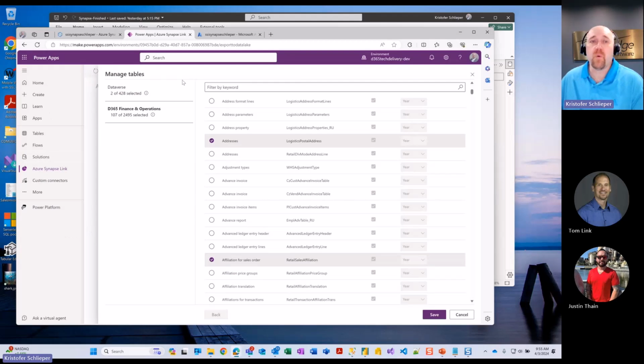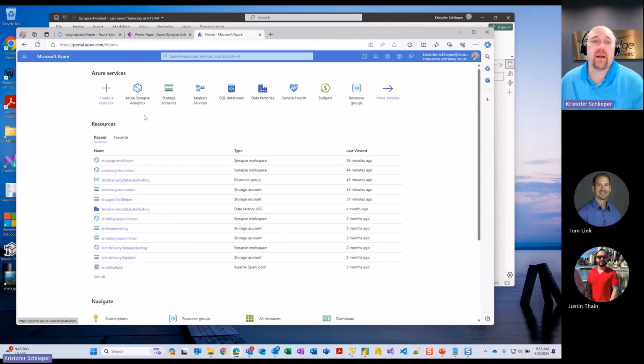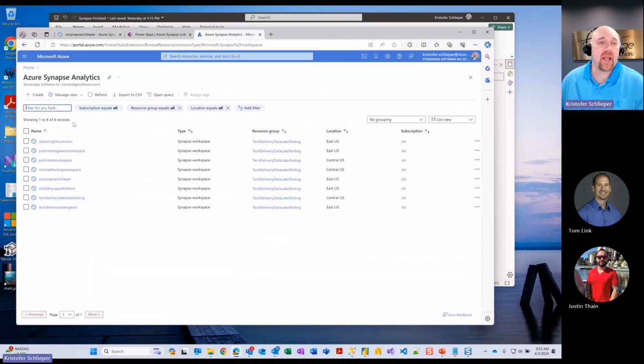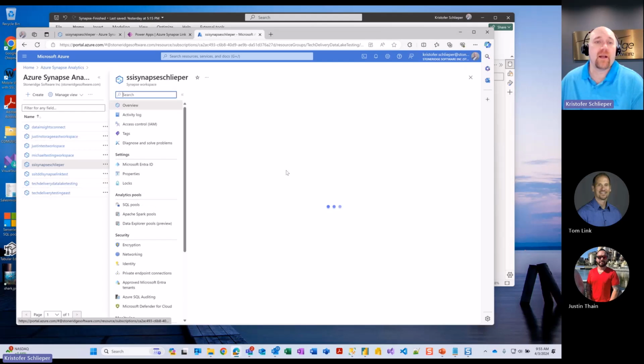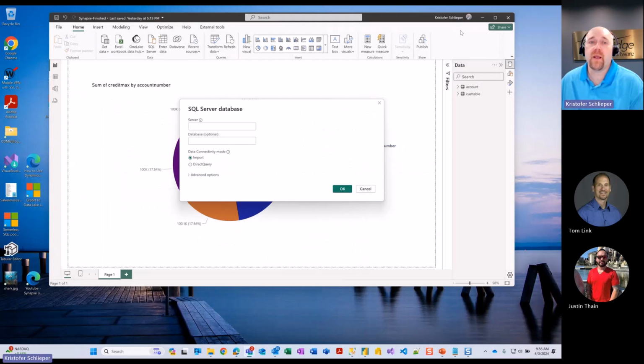From there, one thing I do want to tell you is that to be able to connect in Power BI, we actually need to have the serverless SQL endpoint or the dedicated SQL endpoint, depending on which one you set your Synapse up as. Ours is set up as a serverless SQL endpoint. So if you come out to your main portal, go into Azure Synapse Analytics, and find the one that you're going to be working on, and go into it. Once you are in this first view, the overview, on the right-hand side here, it'll say serverless SQL endpoint. If we just copy that to the clipboard, then we open up